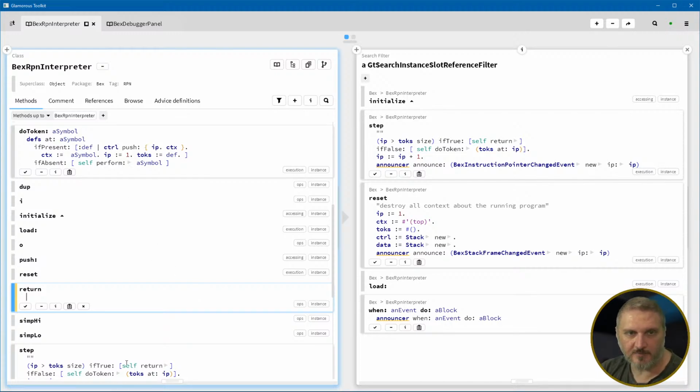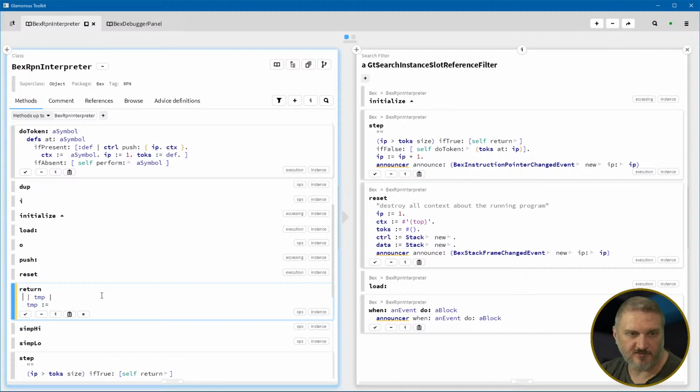So what do we do? Well, you just do the opposite of this. You're basically throwing away the context. You don't need this anymore. So what we're going to say is temp, or even just frame, ret, I don't know, return, frame. Frame is a good word. So frame is equal to control top,